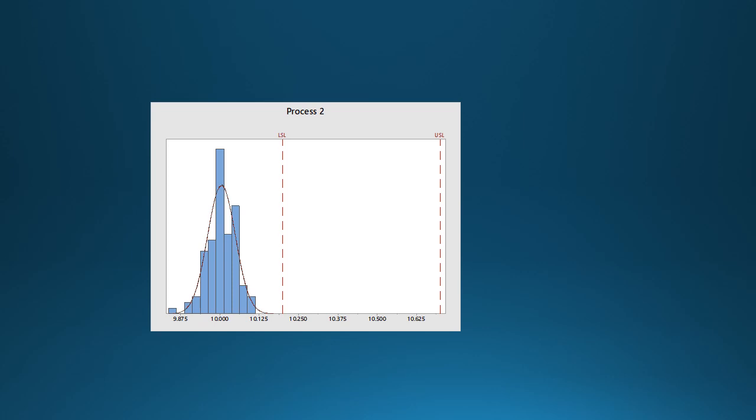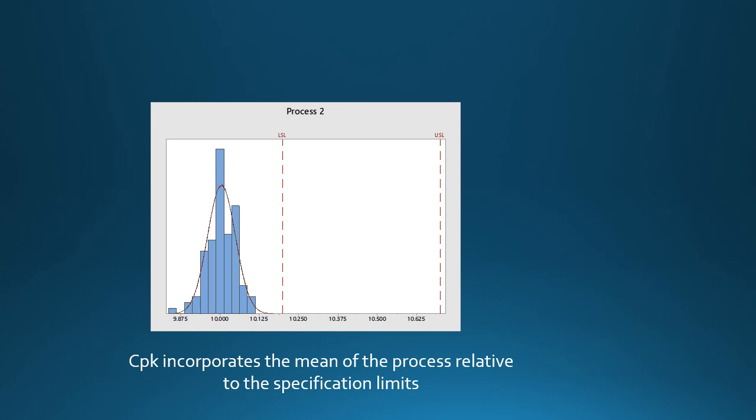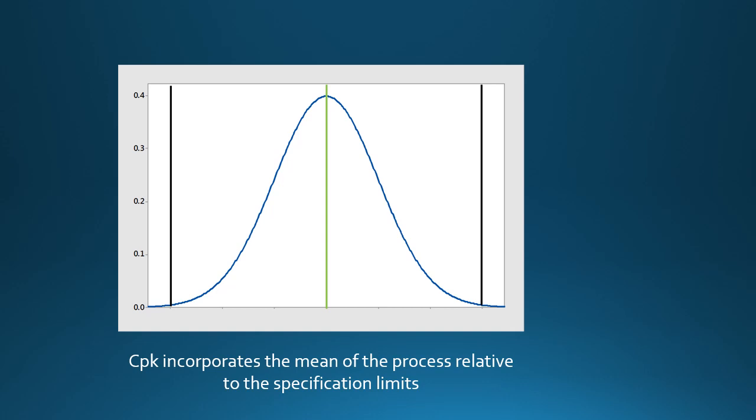We can use another capability metric, Cpk, to factor process center into capability studies. Like Cp, Cpk describes the capability of a process if all instability is removed. Unlike Cp, Cpk does not assume that the process is centered between the specification limits. To understand Cpk, we must first understand two other metrics,